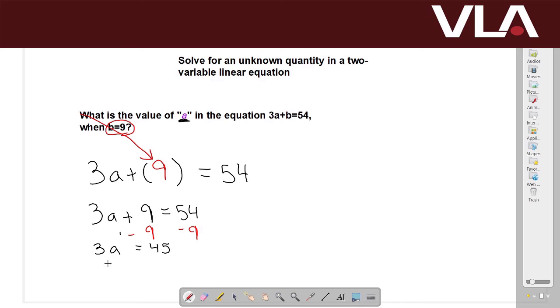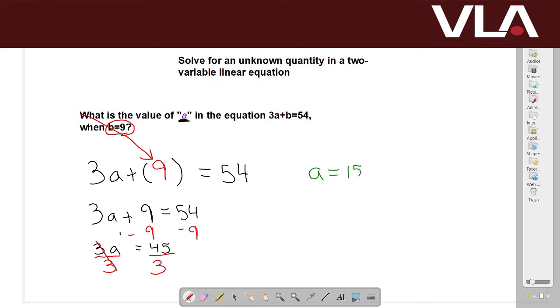So in order to get a by itself, it's 3 times a. This is the way it's written. So to undo multiplication, what do we do? The inverse of multiplication is division. So if I divide that by 3, I have to do that the same over here. If I do 3a divided by 3, that gets rid of our 3. We're just left with our a. And then if I do 45 divided by 3, if you can punch that in your calculator, you should get